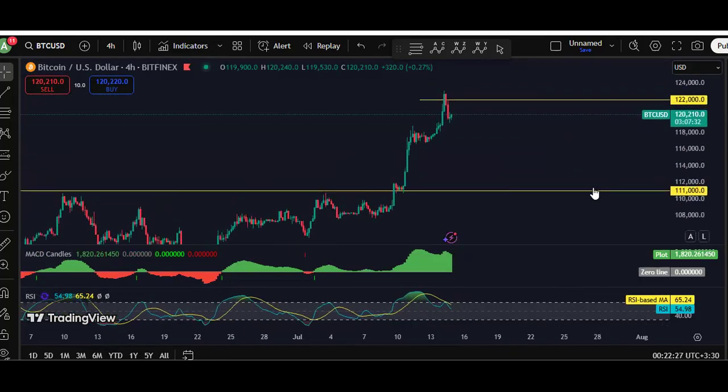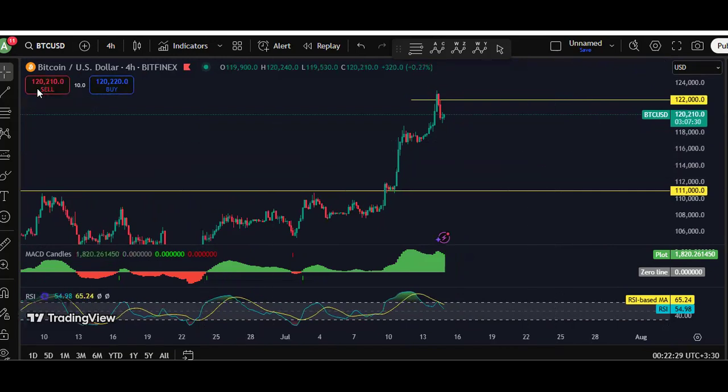As we can see, based on the forward time frame, after the breakout of the 111, the price tagged it, and now we get this drop. Okay. The reason we came up with 122K is that with the breakout of the 111K, we can look for 122, and then from there we can look for 135, because I mentioned this one as a short-term target based on the lower time frame, which I mean the time frame lower than the